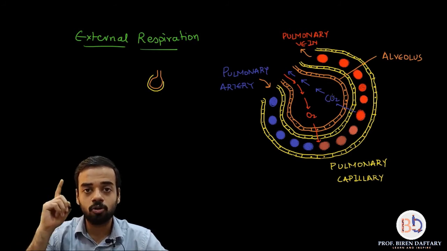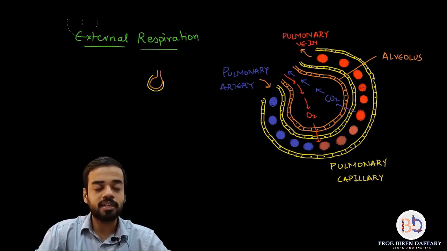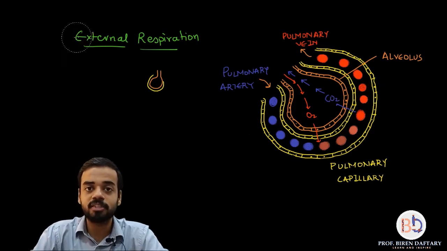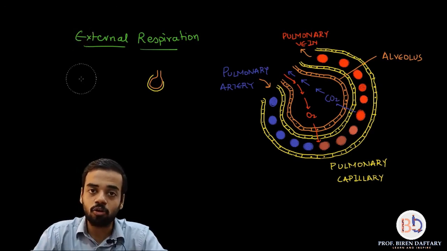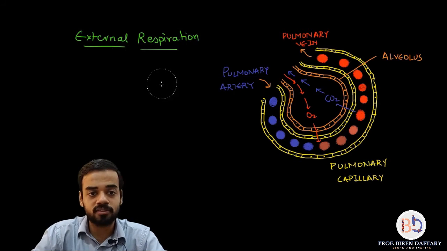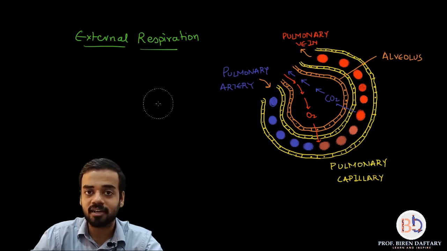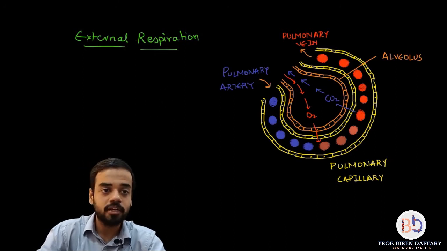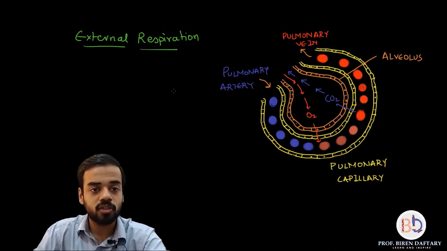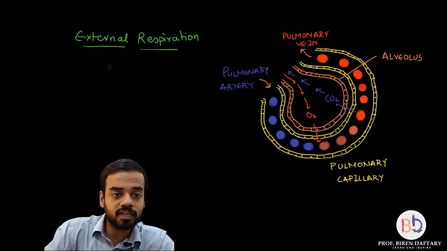So first about oxygen, let me tell you. So again the principle over here is based on pressure. Air will always flow from high pressure to low pressure. So wherever oxygen is at a higher pressure, it will go to lower pressure. Similarly, wherever carbon dioxide is at a higher pressure, it will go to lower pressure. So the term which we use is called the partial pressure.